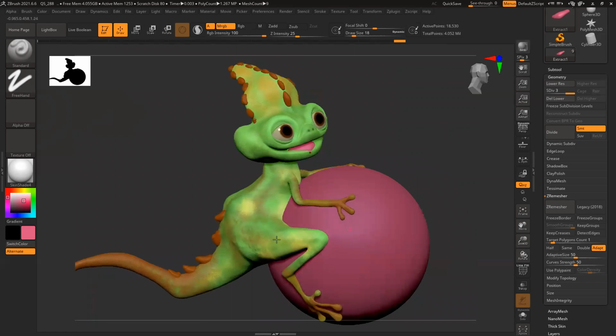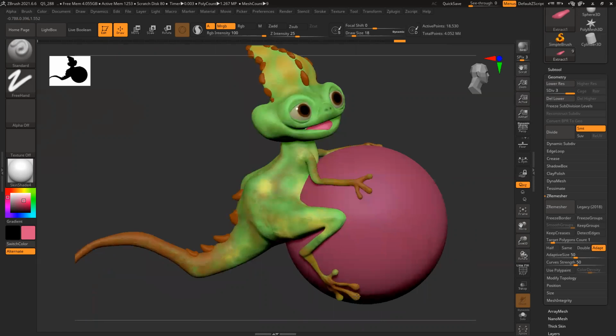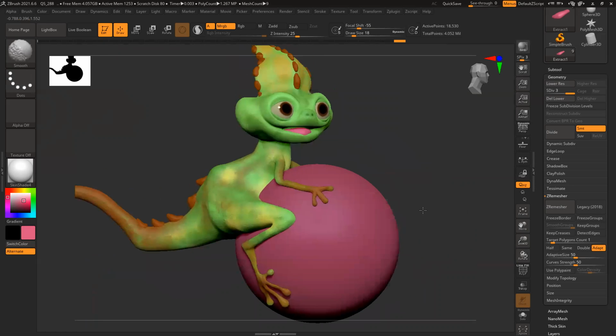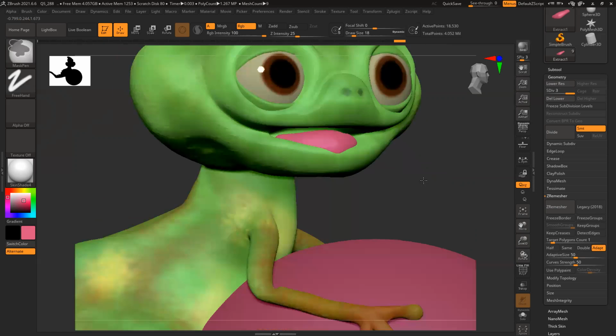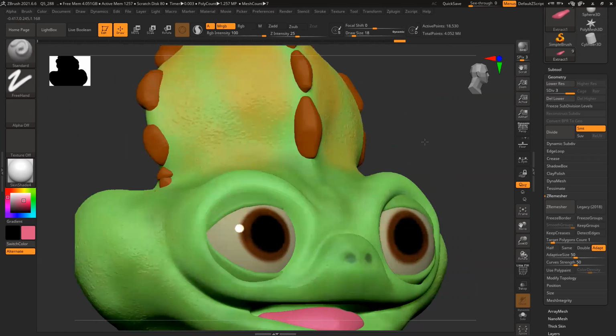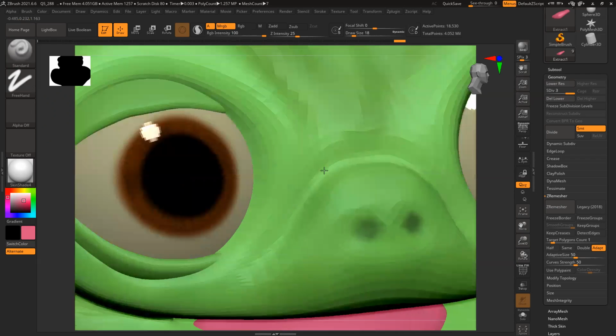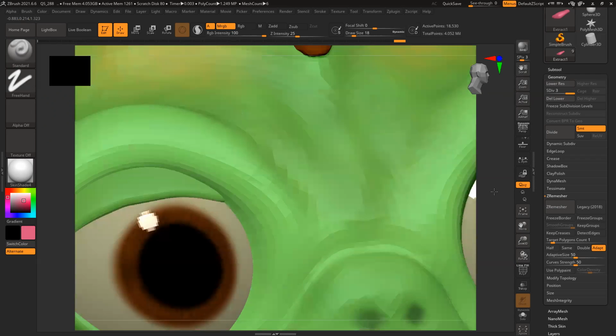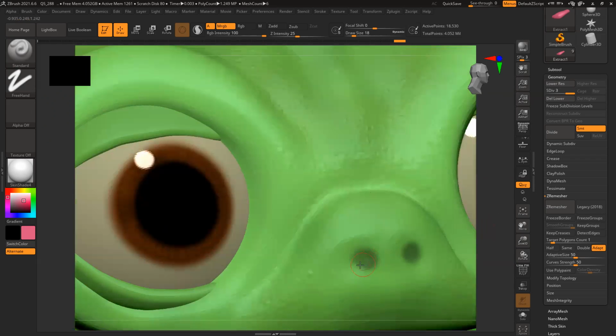Now basically almost everything is ready. A few things you can fix and modify, like maybe I can enhance the details slightly.